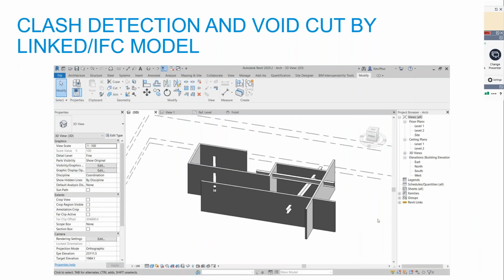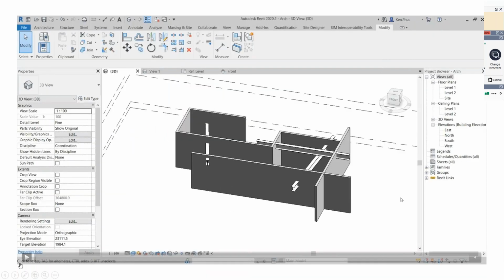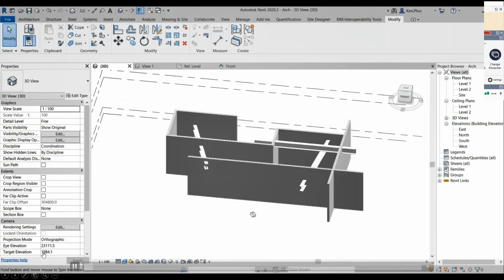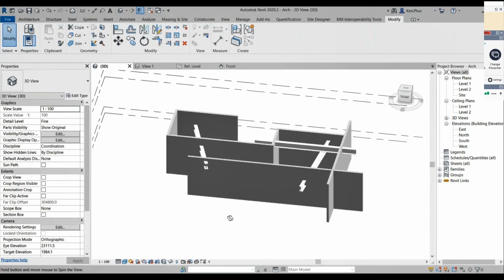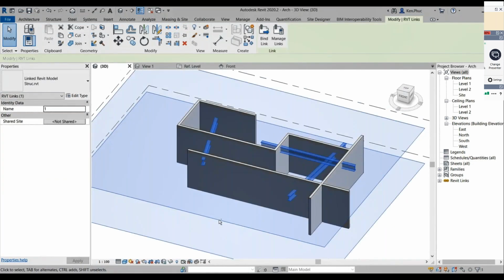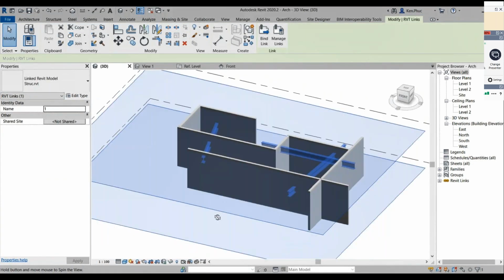Another aspect, again from a coordination standpoint, is being able to identify openings for structural elements. Any sleeves or any cutouts that I want, rather than me adding these openings manually, using a script in the Dynamo environment I can automate this opening creation or cutout creation directly in my Revit design. So let's have a look at that.